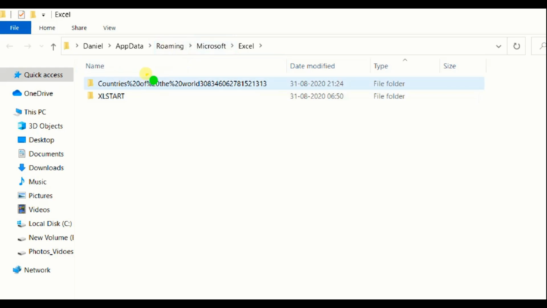You can see that the file has been recovered from this location, which we have assigned.